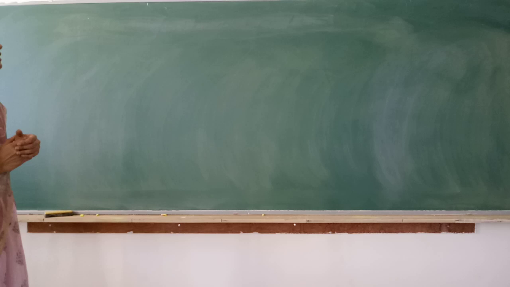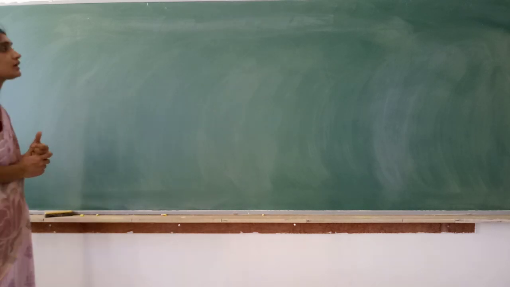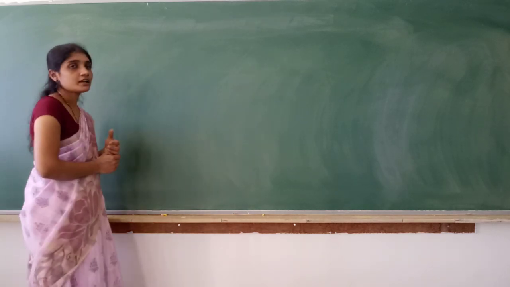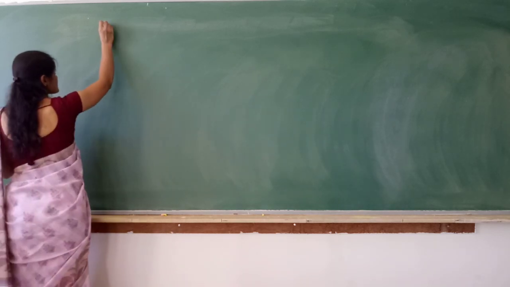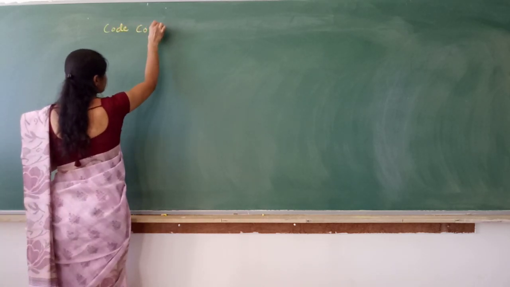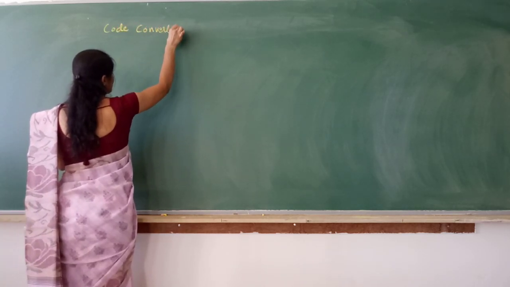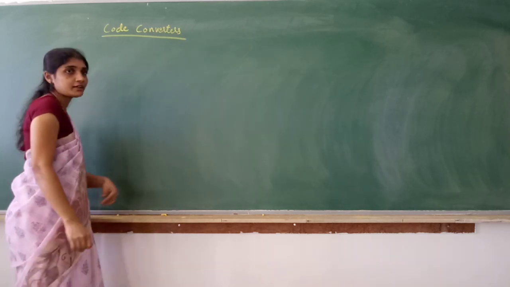But in sequence detector, one sequence will be given to you and you have to write the state diagram for that and design the circuit. So, I'll do that topic afterwards. And today in module 5 we'll take code converters. Today we'll discuss code converters. First topic I'll do afterwards.